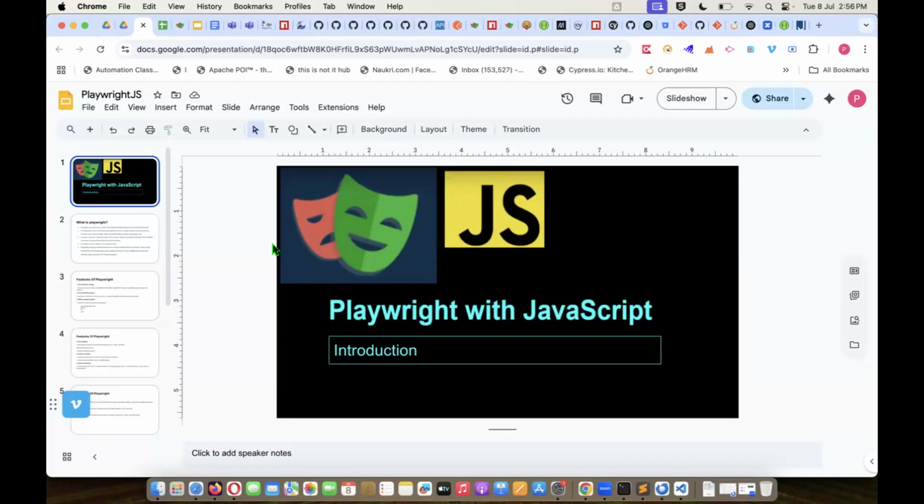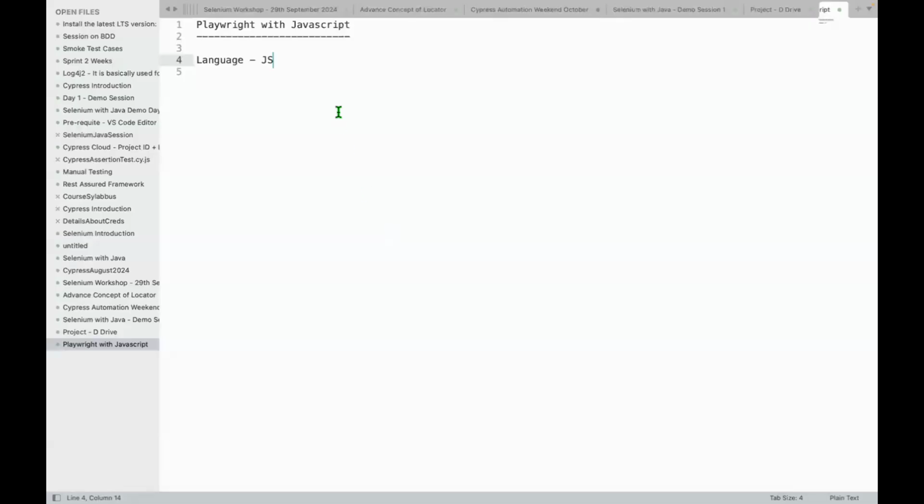Okay, so just to give you a quick overview of the prerequisites, guys. As I told you, the language we'll be considering is JavaScript. Other than that, there are a few things required from your side. I would consider two major prerequisites.